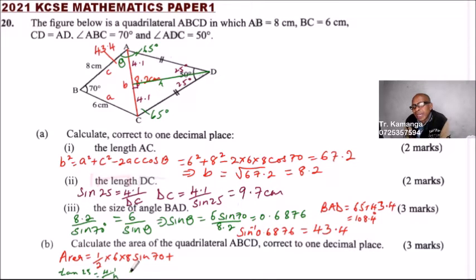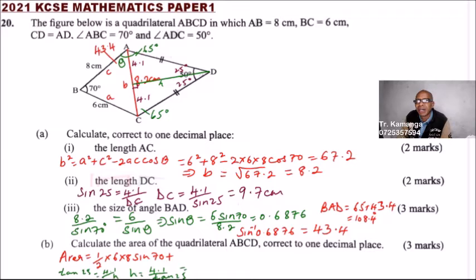So the height is equal to 4.1 divided by tan 25, use your calculator. 4.1 divided by the tangent of 25, and that is giving me 8 point,